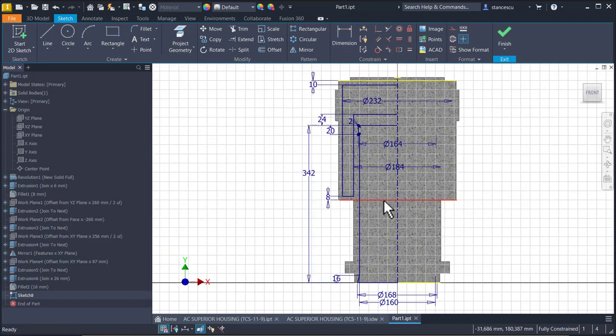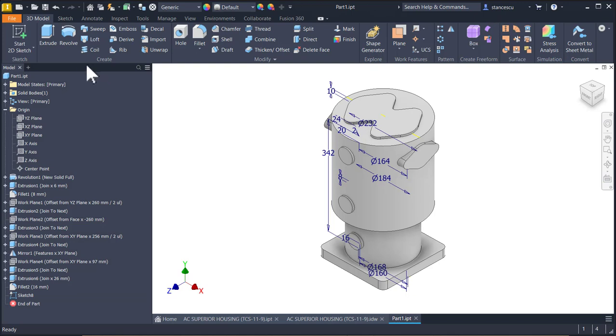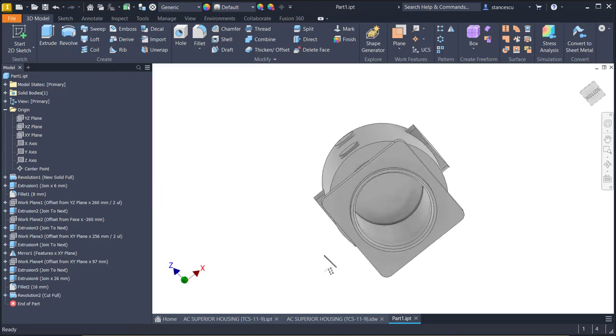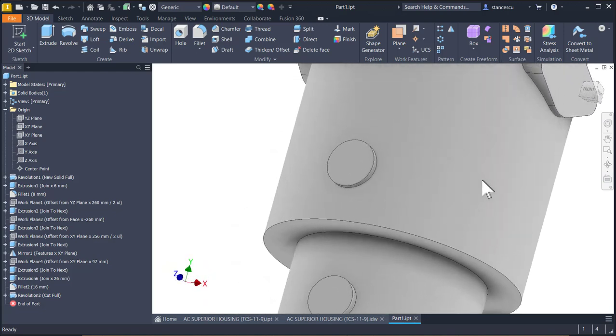I eliminate this line, or I make it construction, because this dimension is based on it, and we don't have any intersection in the two closed areas. Finish sketch, revolve, one and another one with the cut about that known axis. Okay, you see here the result. The other result is inside,